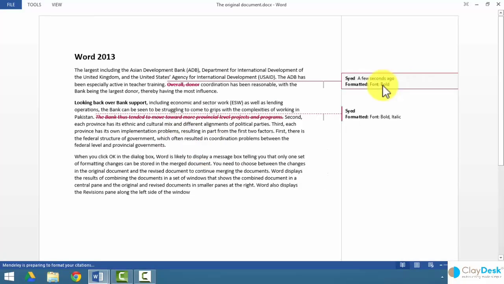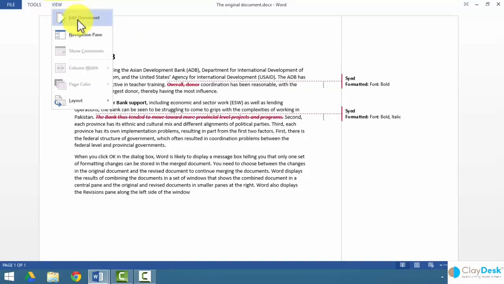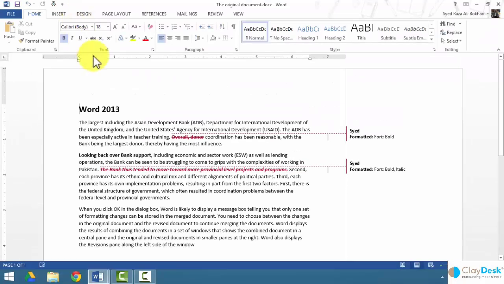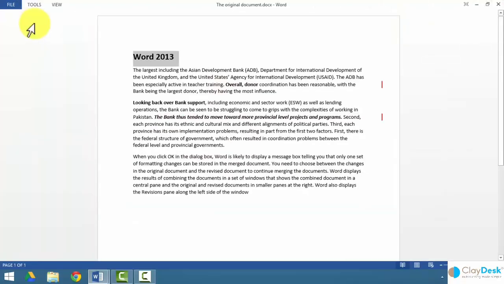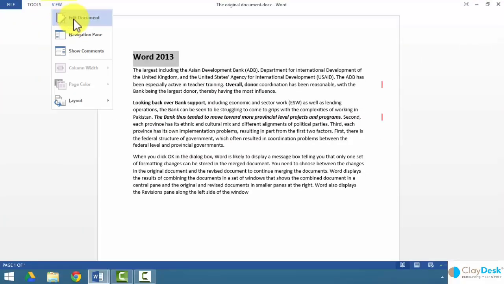I have some changes here, which I can see from my right change screen option. I can see the changes, but I cannot really change it. I can either edit it, that's the only way I can get to this document. So here, if I go back to my edit document,